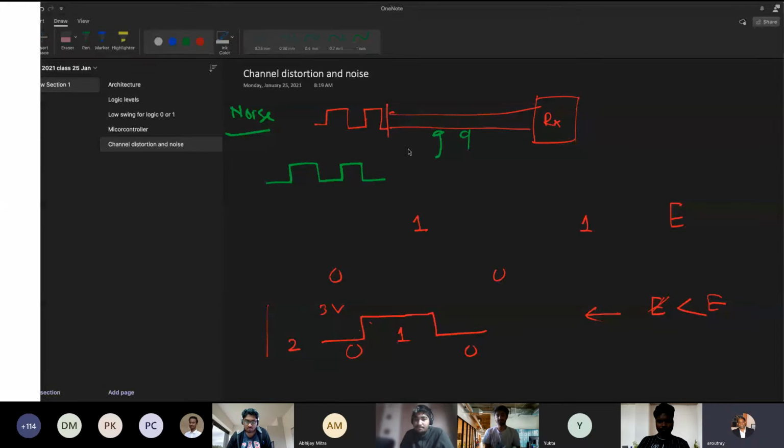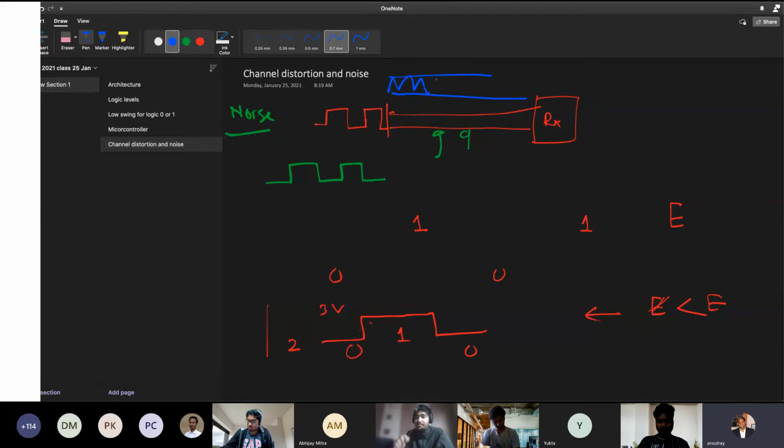The noise is because, see, there are many signal channels here, not one. There will be several other signal channels nearby. So whenever there is a change in the signal level here, it will have coupling with it. Two types of coupling are there. One is capacitive coupling, because there will be fictitious or parasitic capacitance between them. One is inductive coupling, remember. So this is known as interference, noise because of interference. Because of interference in channels which are close by, because it's a digital circuit, this channel signal will be disrupted. That is the number one source of noise.